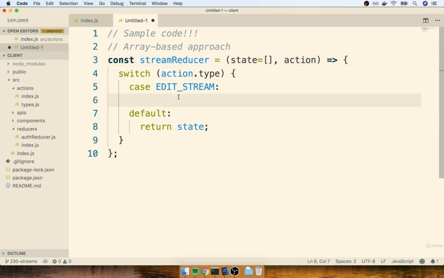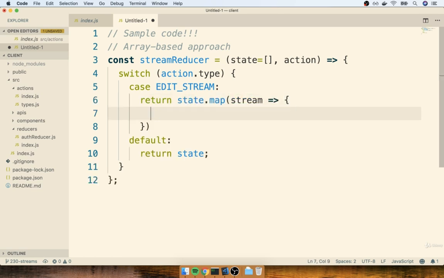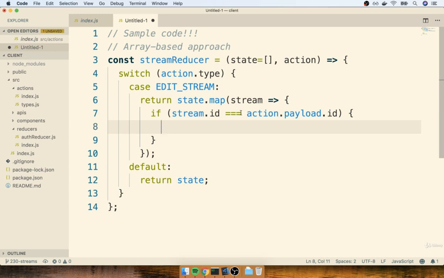So to do so, we would end up with something that looks like this. I would return state.map. I would iterate over every stream that I have inside of my state array. And then I would say something like if the old stream ID is equal to action.payload.id. So remember action.payload right here, that is the new stream that just came back from our API.